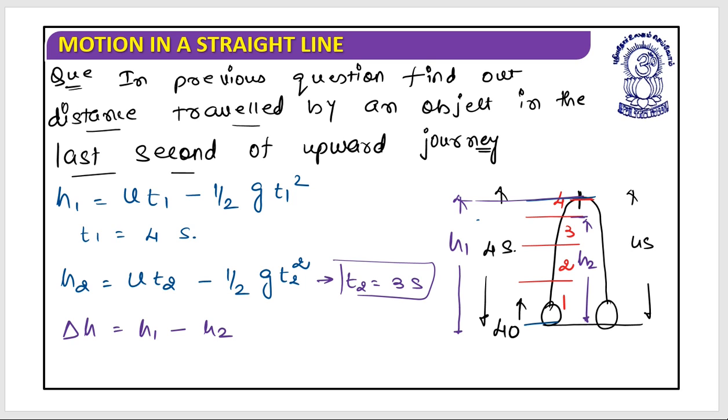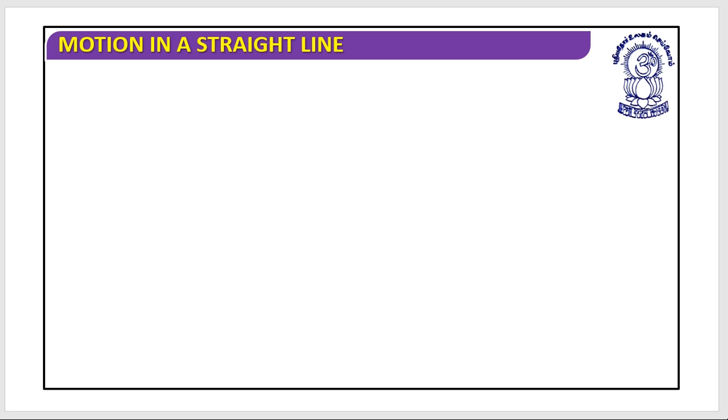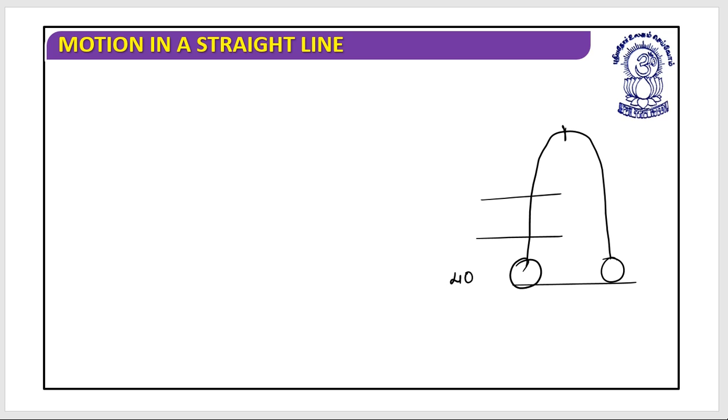But I am having one more magic with me. So let's have a look at what they have asked. They have asked the distance traveled by an object in the last second of its upward journey. So this was 40 and 4 seconds were required. So this is first, second, third, and fourth. We even learn one more thing, that this is the 5th second, this is the 6th second, this is the 7th, and this is the 8th second. Yes, that I have learned, that the distance traveled in this second and the distance traveled in this second